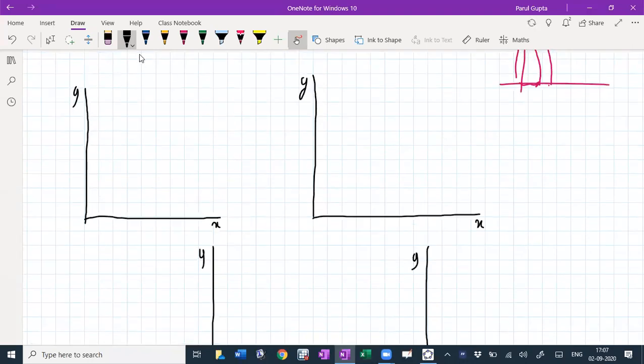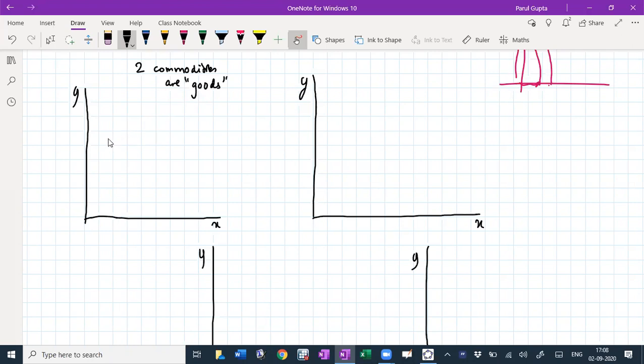Let's assume now that the two commodities that I am purchasing are both goods. Goods means we are taking the literal meaning of good here: something that I like or something that I desire. I want to draw indifference curves when both the commodities are goods. I'm not giving you specific utility functions here. We are just trying to imagine what general indifference curves will look like when both the commodities are goods.